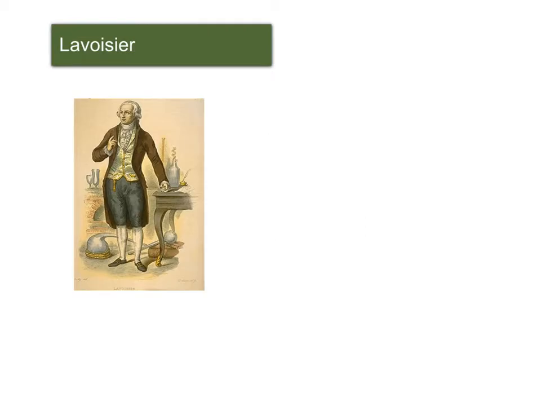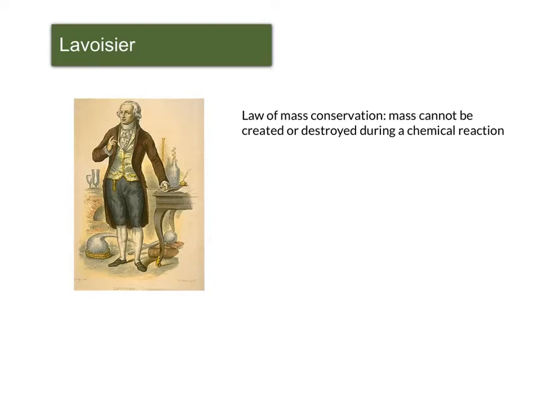So more than 2,000 years after these original theories came about, there was a French chemist. He was actually just a rich businessman who had an interest in science, Antoine Lavoisier, and he did experiments in his house and was able to come up with some of our most important laws. He was the first to introduce the law of conservation of mass, which basically says that we can change water from a liquid to a gas, but the mass still stays the same as long as we don't change it by chemical means.